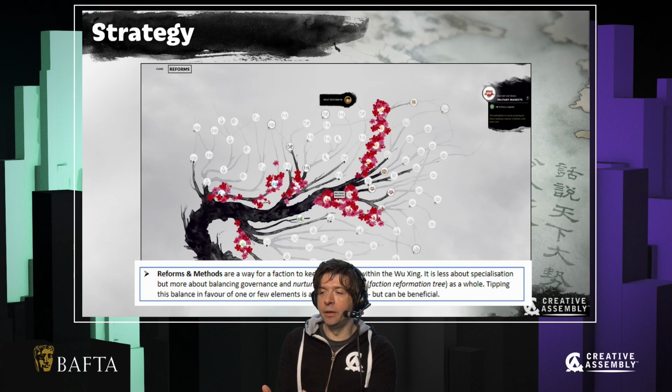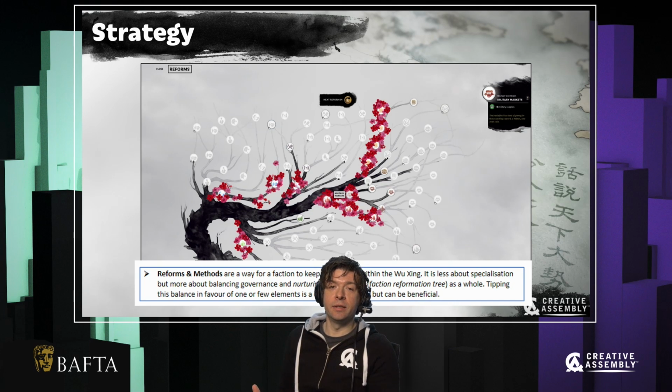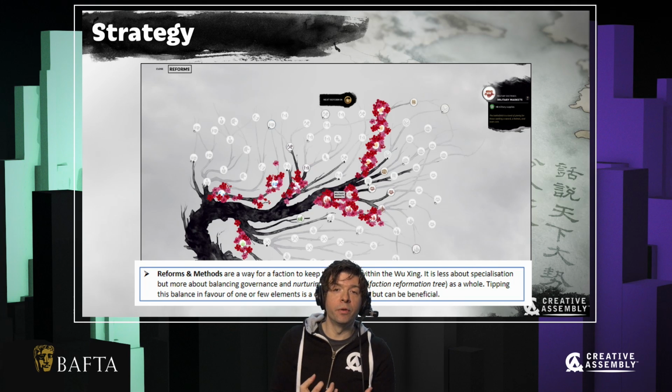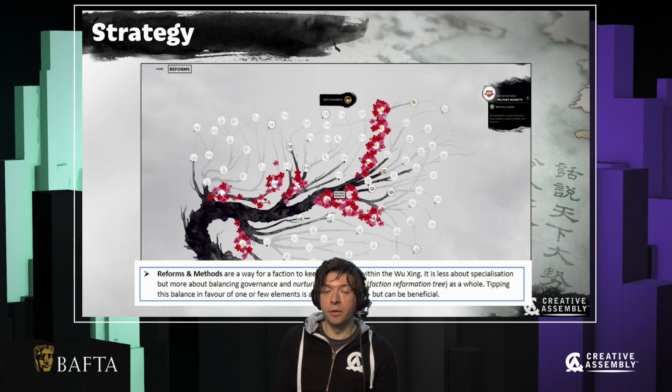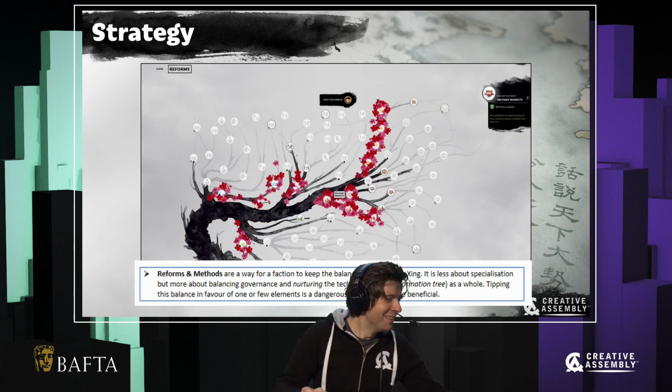So yeah, even though we achieved this high-level design intent, there's still some problems from a strategic point of view, in that the tech tree doesn't really help players to design valuable strategic goals in their campaigns. Okay,